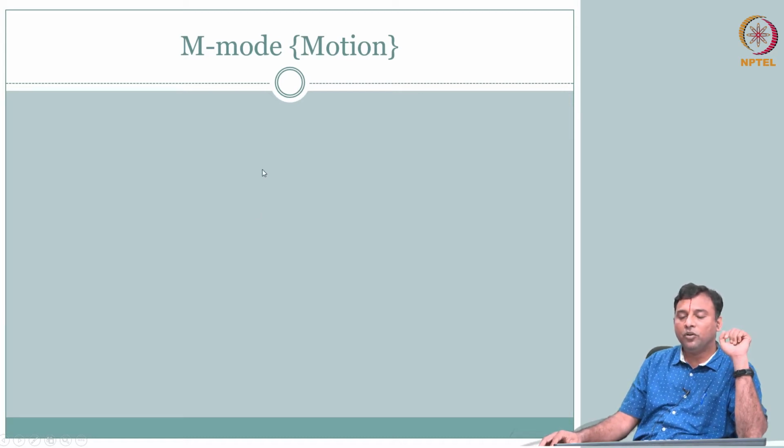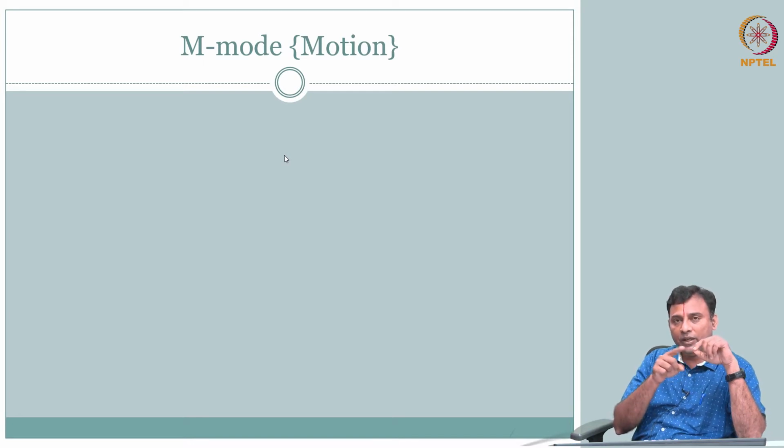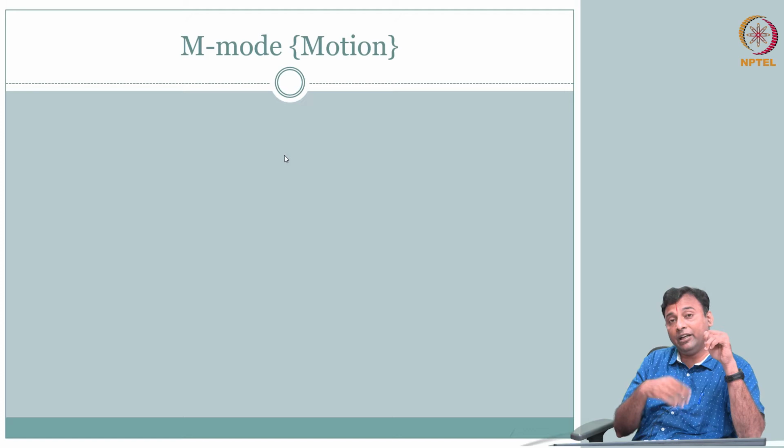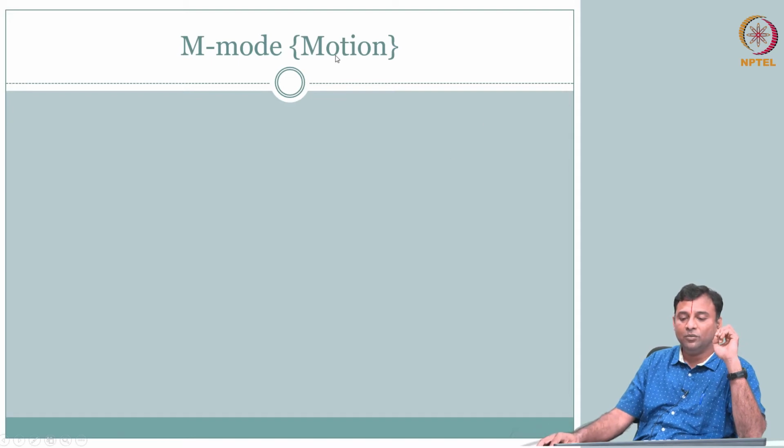What is motion mode? Now don't get confused. This motion is not moving the transducer. The beauty about this mode is, I told you that at the one location you are sitting, you are getting the echoes in the z direction, the depth direction, right? That is your A line. So what happens if that echo, that interface, is moving? I sit in the same location, but there is a motion of the interface.